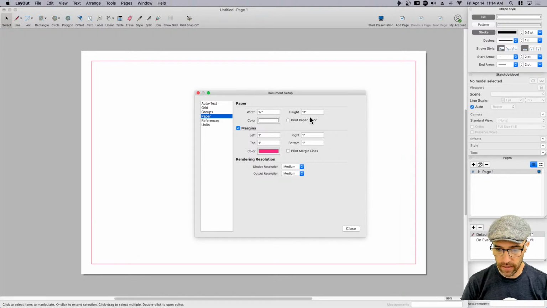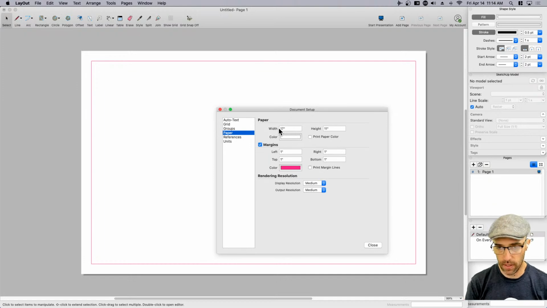Now, I like using margins and I like using guides and grids, but there's no quick way to toggle them on and off. I'm an InDesign person. That's what I'm used to. So I don't use CAD as much as I used to. I use